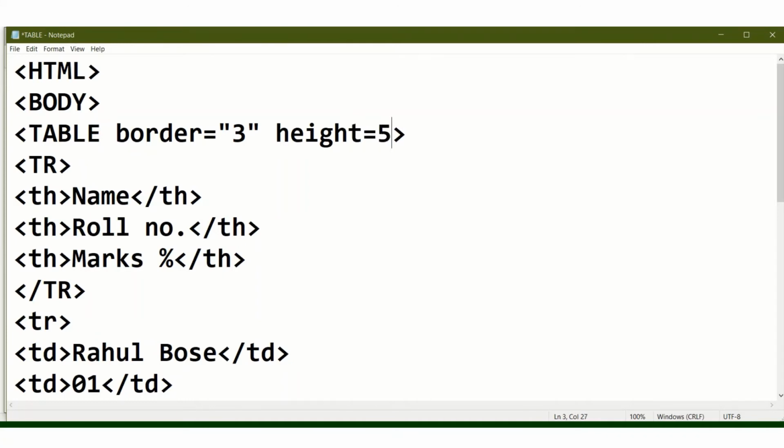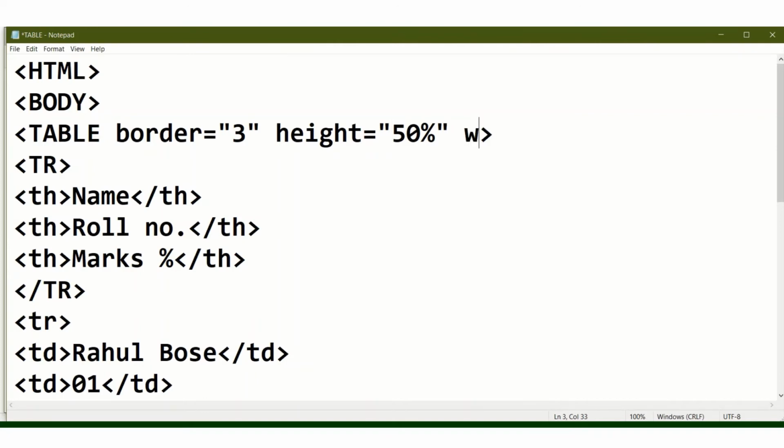Suppose I am giving height as 50%. The value of height will be either in percentage or in pixels. Okay, I am using the percentage. Now I am using 50% of height.